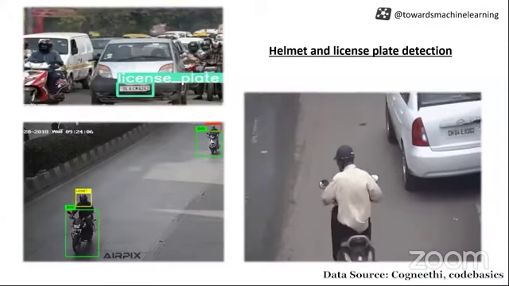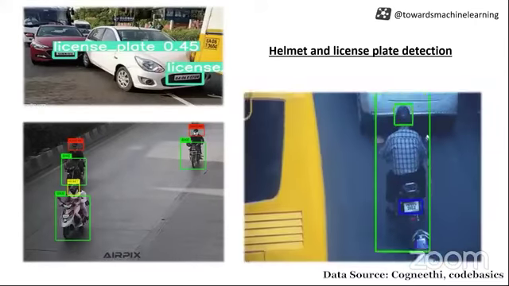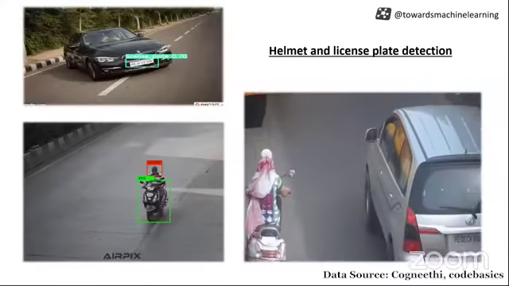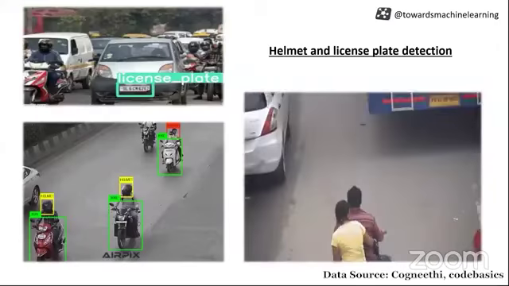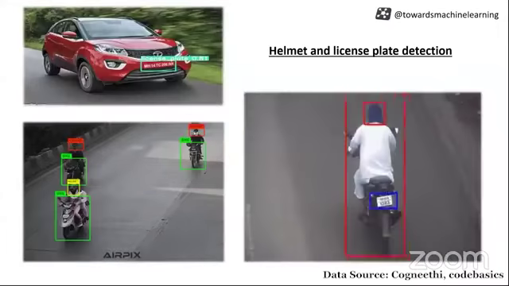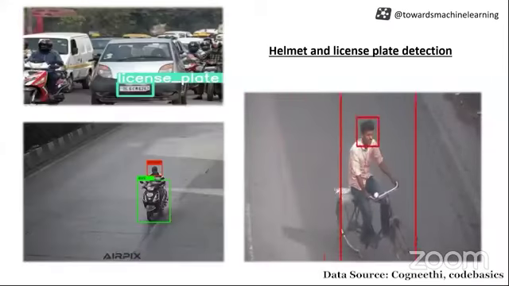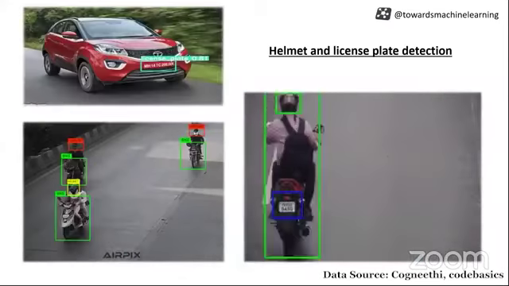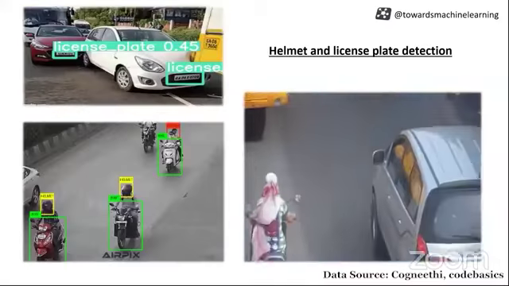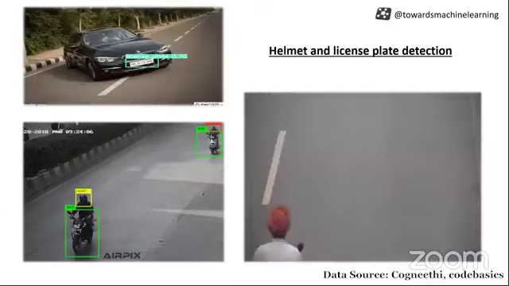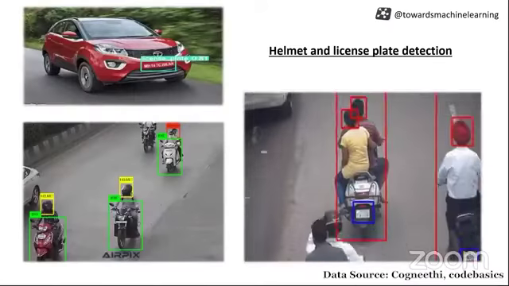Next thing you can see is helmet and license plate detection as well. They have these things nowadays. When I was residing in Pune, they had installed this kind of thing there also. The RTO has this system, so they can detect whether you are wearing a helmet or not. They can detect your plate number and directly fine you. They don't need to catch you. So this kind of application is also there.